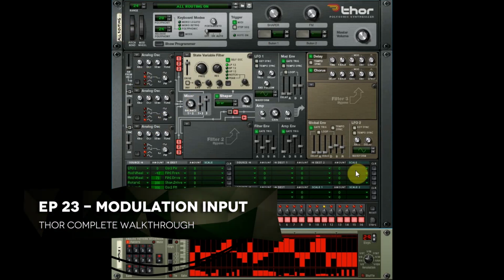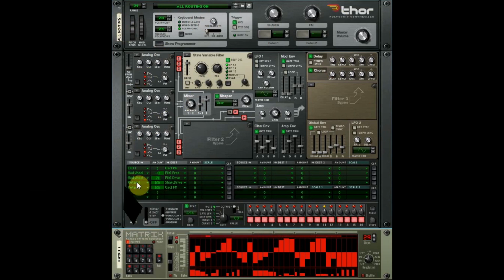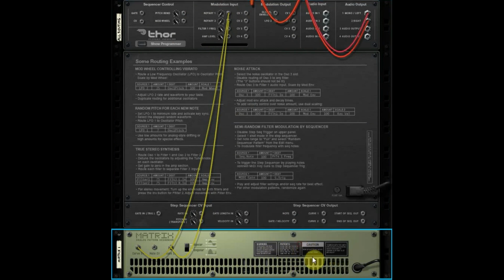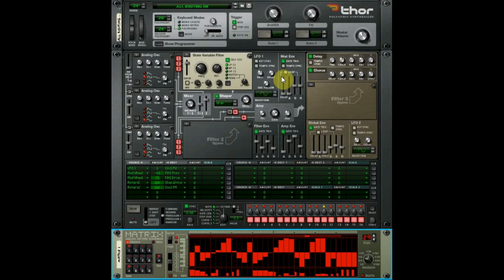We've gone through everything on the front, and now we're on the back side of Thor. Last episode we covered the sequencer control. This one we're going to cover modulation input and what you can actually do with it. You'll notice I have a matrix here. I'm using it to control these knobs on the back. So without further ado,